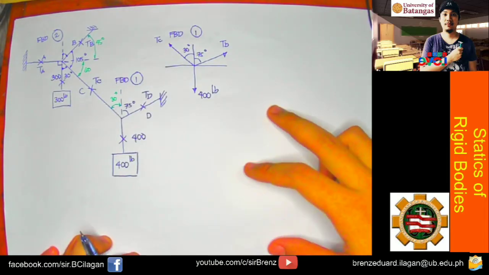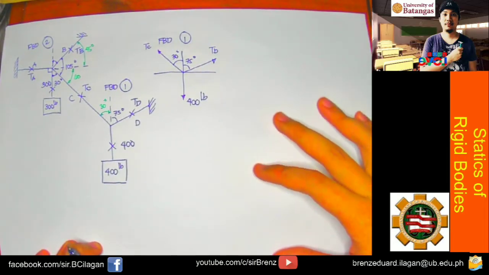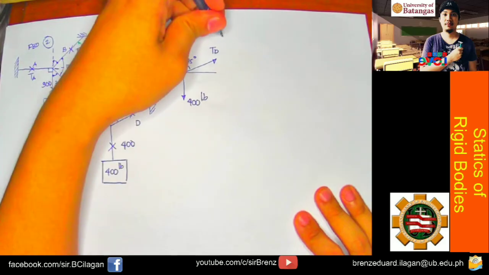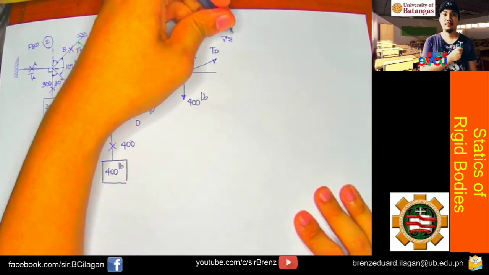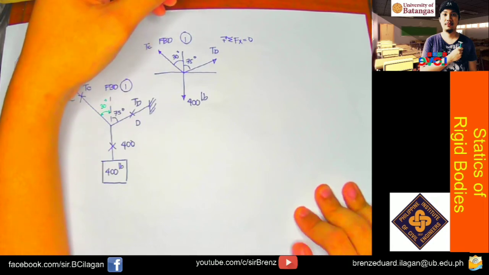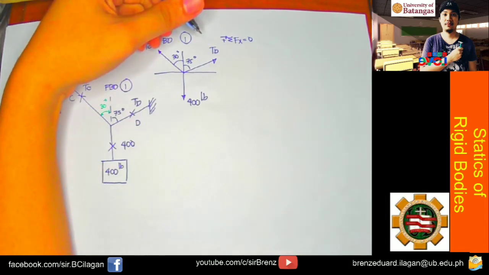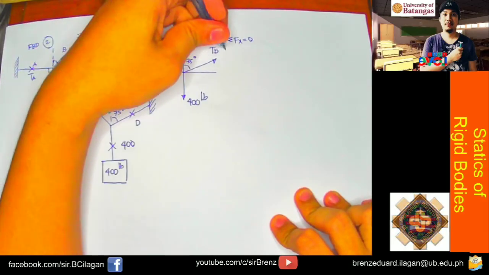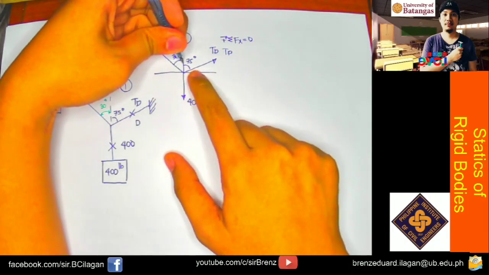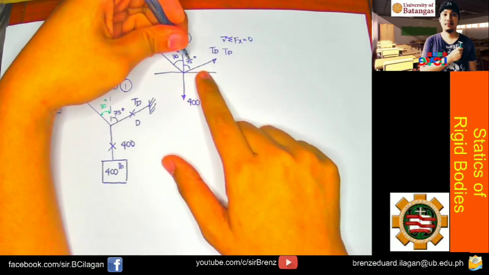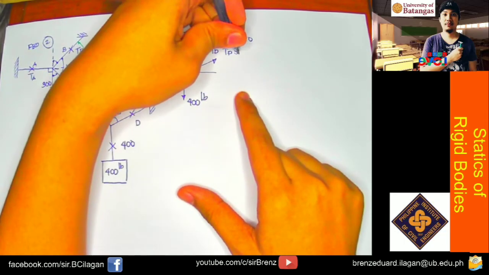Okay, so with that, gamitin natin yung equation, summation of forces X and summation of forces Y. So pili na lang kayo doon sa dalawa if alin doon yung gusto nyong unahin. But ang gawin na lang natin, unahin natin sa summation of forces X. So what will happen here is 2 equation 2 unknown, okay? Okay, so let's start with the force TD. So TD, so para makuha yung X component niya, so kung ito is 75, so anong gagamitin nyo? Sine or cosine? Diba sine? So TD sine of 75,